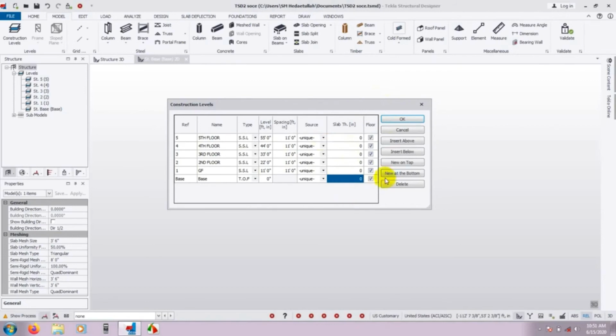So after that, there is new at the bottom. Suppose you need to draw any data here at the bottom, you can do that. And now suppose you need to delete any line, for 4, 5, 6, 7, any line you need to delete, just select that from here. Suppose I insert above, and I have inserted the 16 reference, then I need to delete that. Just select that and click here delete. Like that way